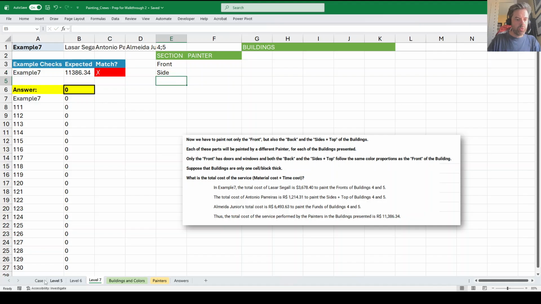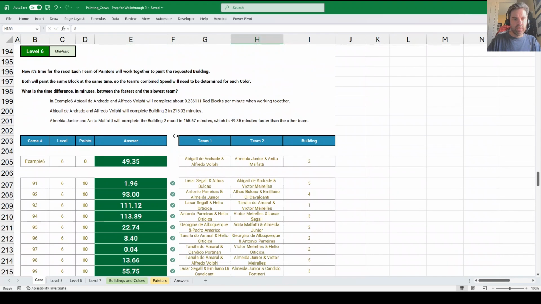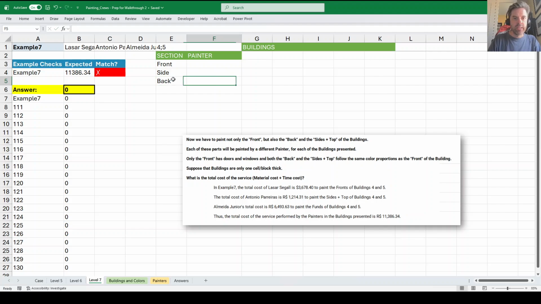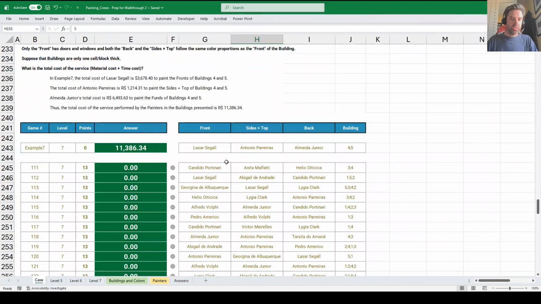Actually, is that the correct order? Front, side, back. Yep, front, side, back. And then our painter, if we just 2-col these 3 cells here, and then our buildings is going to be a text split of this cell here based on the semicolon multiplied by 1, so we actually have real numbers. And then this is actually just asking us for the total cost, which takes us back